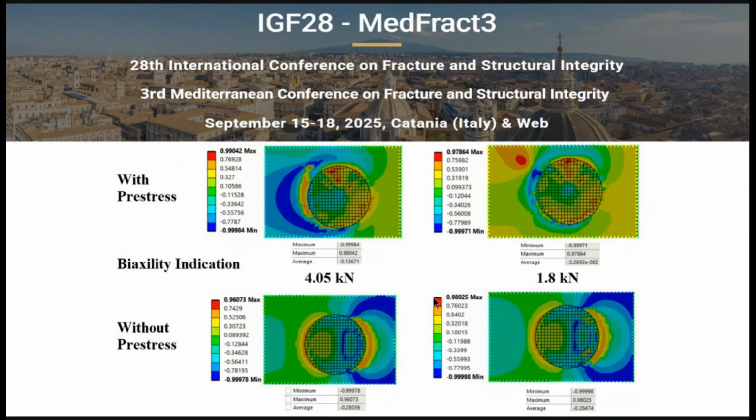With the press stress, the shear behavior at higher load becomes very clear in the average value of the biaxiality indication. But without the press stress algorithm, it is the same for the 1.8 and